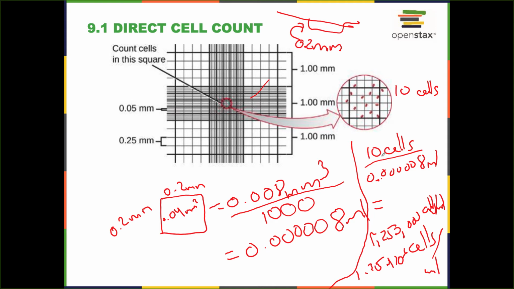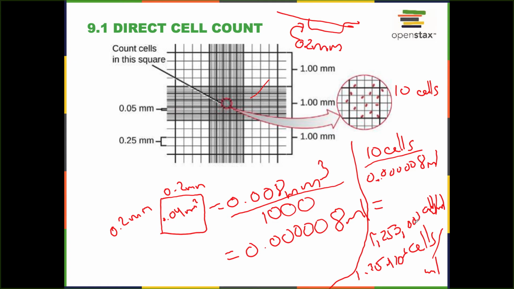And then you simply count your cells, divide it by this volume to get yourself this number, right? So this means that even though you only counted 10 cells, you actually have 1.25 million cells per milliliter. Tons of cells, right? And that's kind of what bacteria do. If you don't quite get this, rewind this, watch it again. If you don't quite get that, then post it on the discussion board, and then hopefully someone can help you